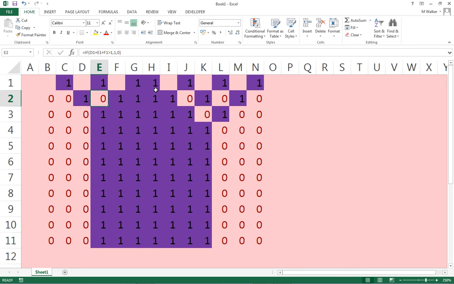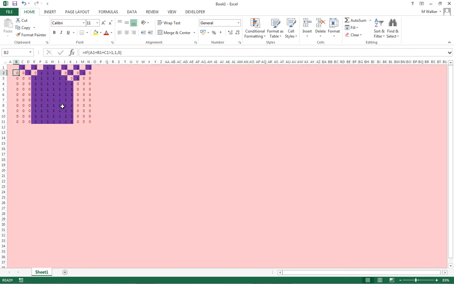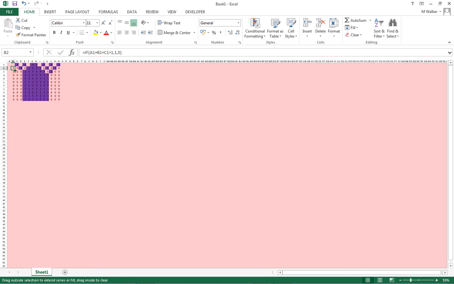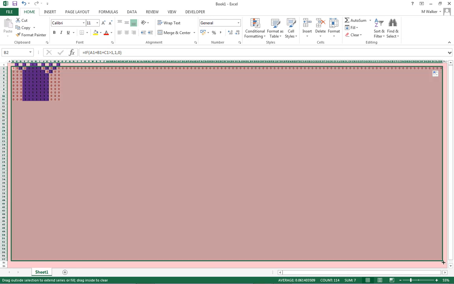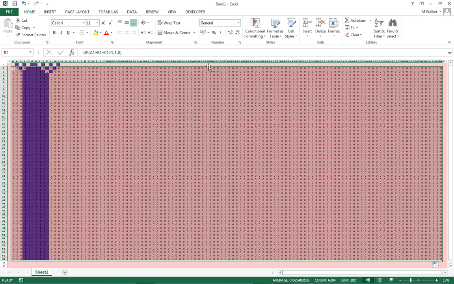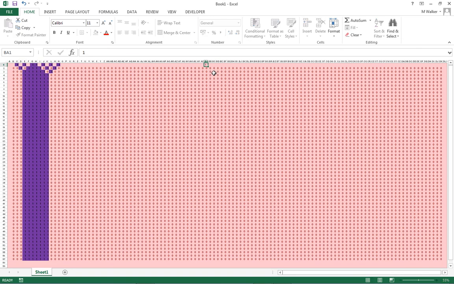To make this look a little bit more impressive, if I select this one cell and zoom out, I can now do the same. So if I click and drag from the corner and replicate that way, and then replicate down, I've now got a lot more cells to play with. So give this one a go, have a play around with the figures and see if